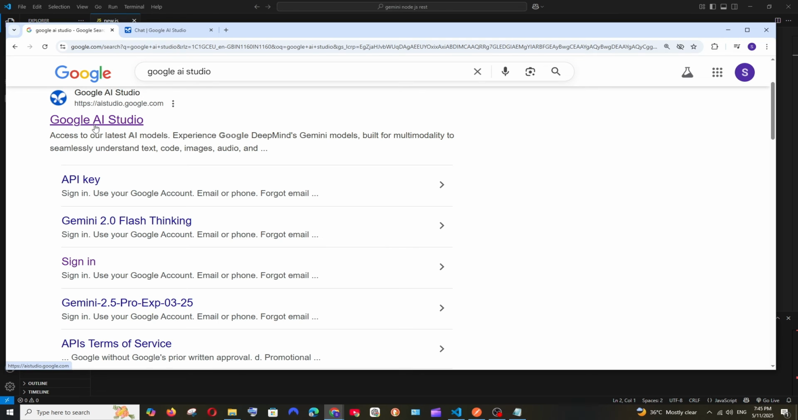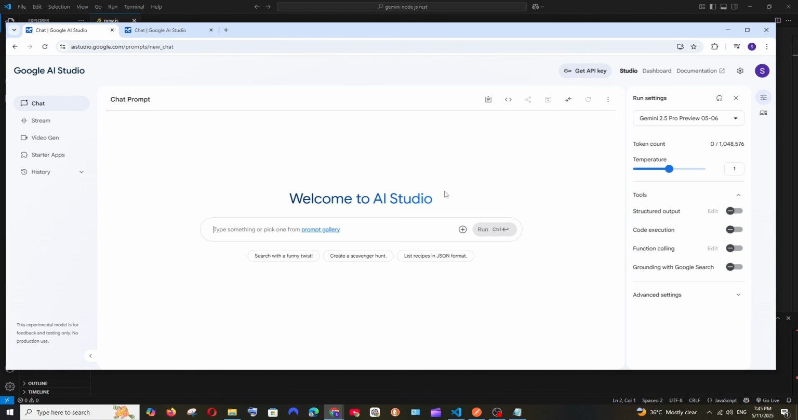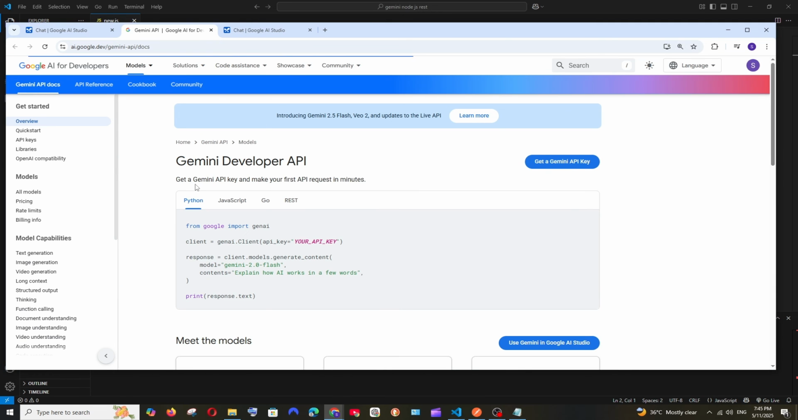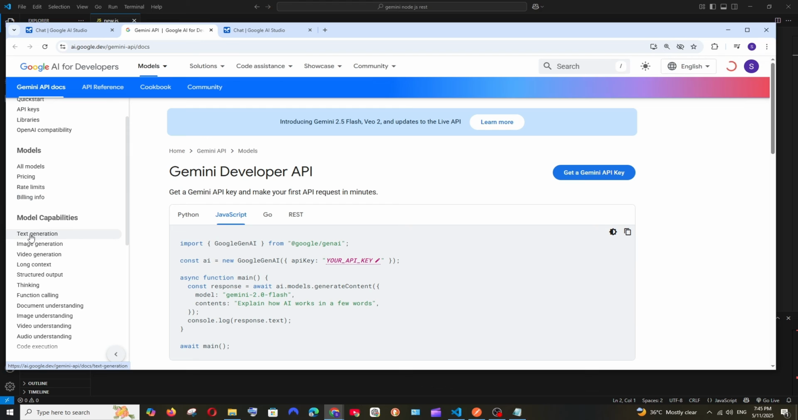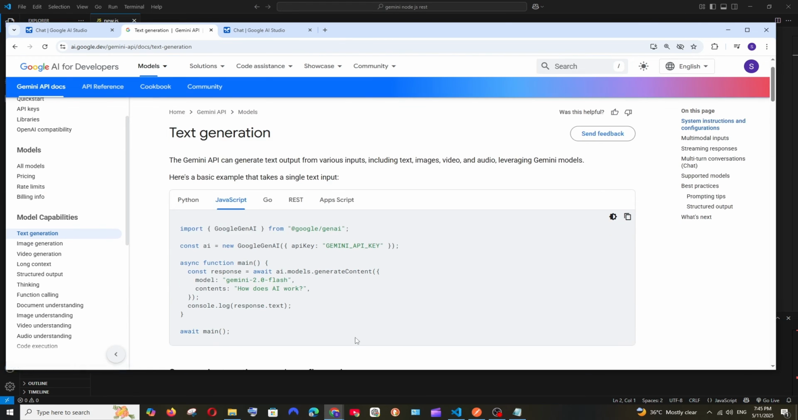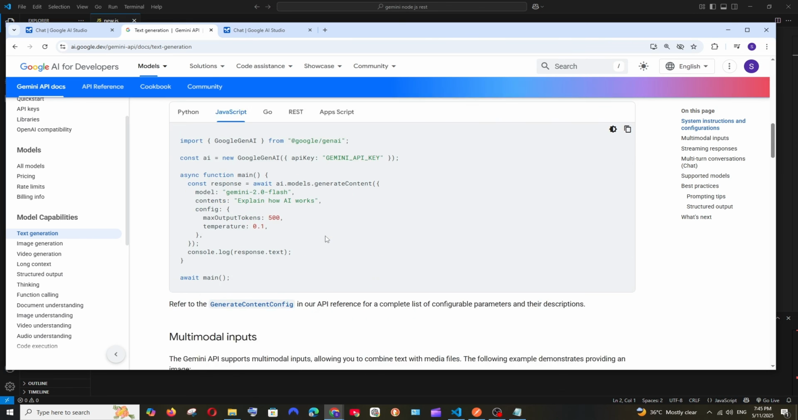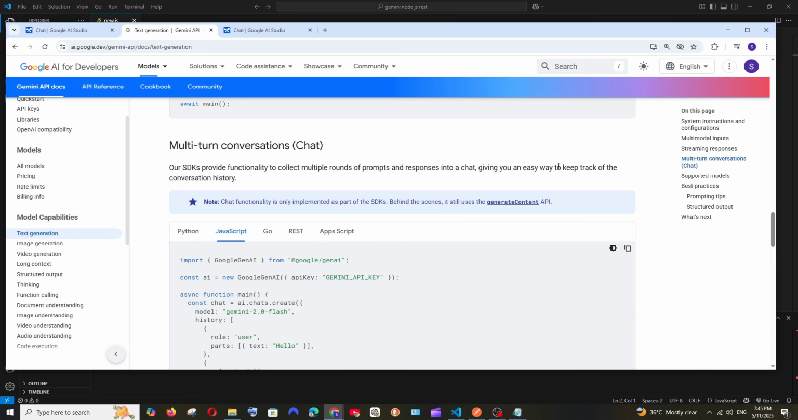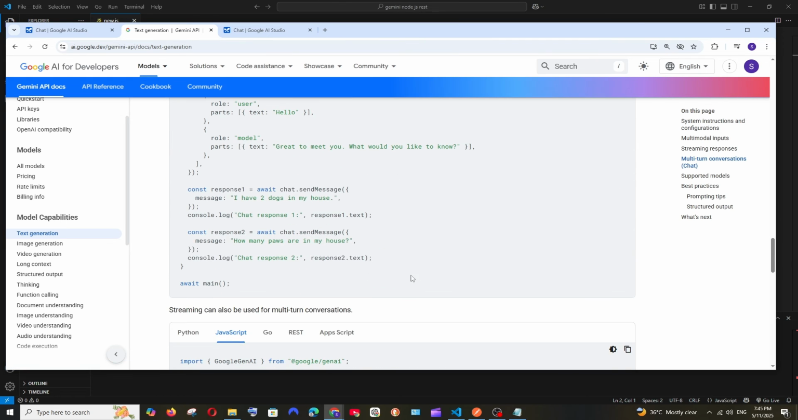aistudio.google.com. Just select it. And here to the rightmost top you will be having the documentation. Click here, and in documentation just select text generation, and here you will be having the default code. If you just scroll down over here under multi-turn conversations, here they have given us a sample code how to